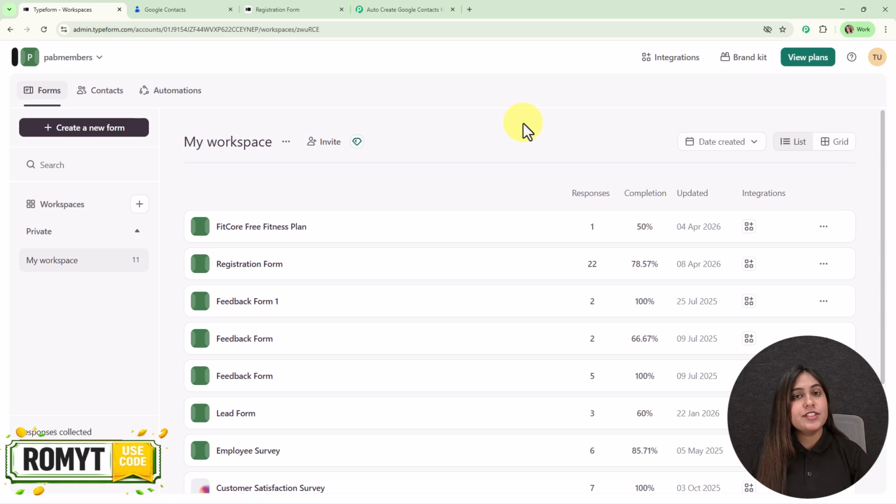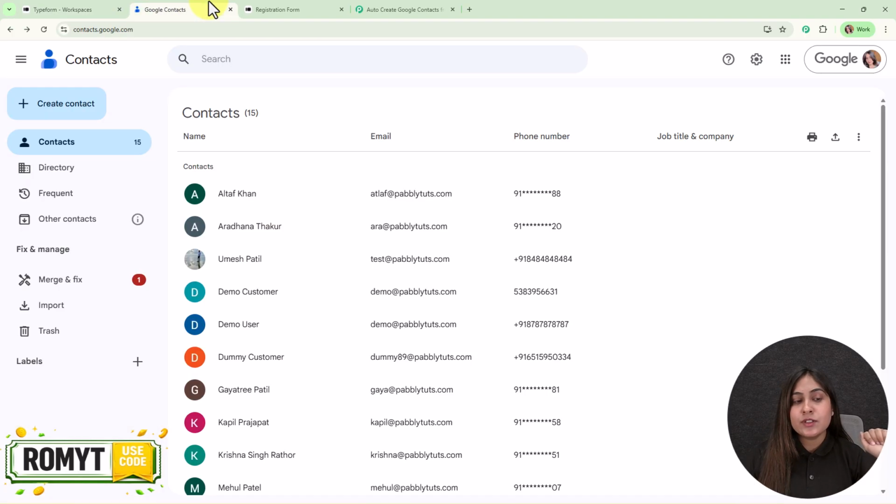I have created a registration form using Typeform, and whenever I receive a new registration for my webinar or any event, I want to add that registrant as a new contact in my Google Contacts so that I can have a backup of registrant details for future events. Manually creating the contact in my Google Contacts for each and every registrant is a very time consuming task. In that case, I have automated this entire process of creating contacts in Google Contacts using an automation software